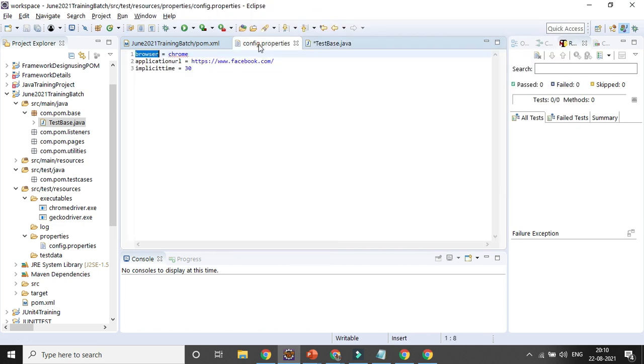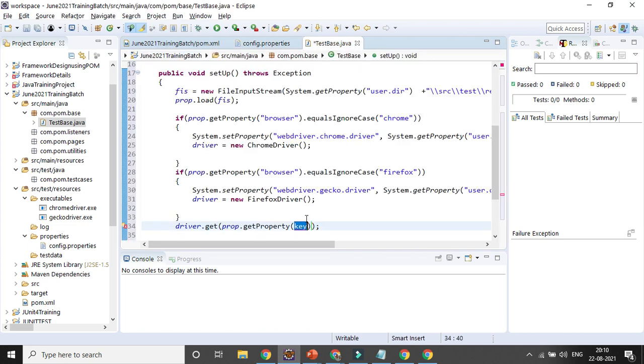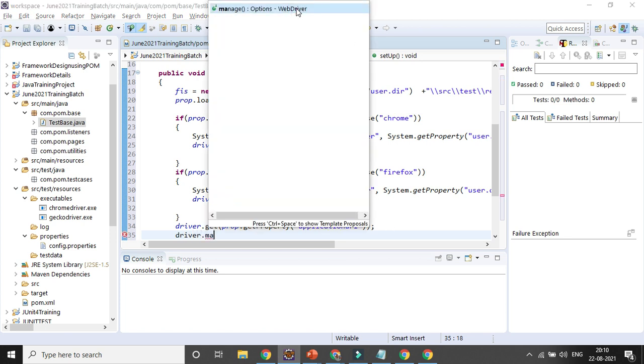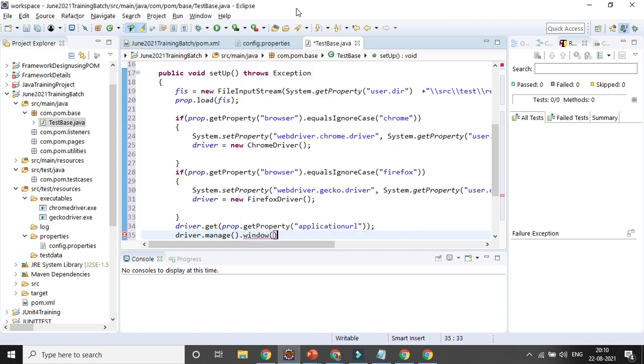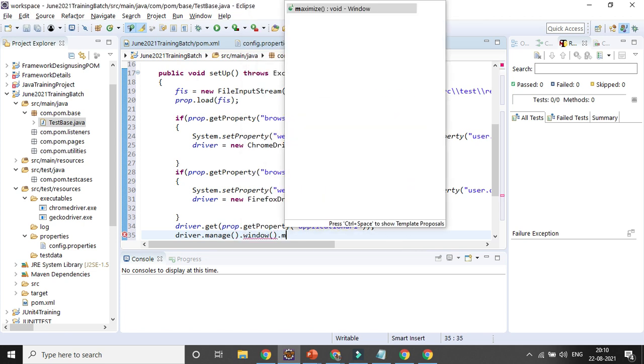You want to read the application URL. After that, I want to maximize the window: driver.manage().window().maximize().